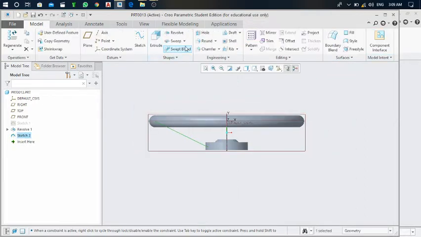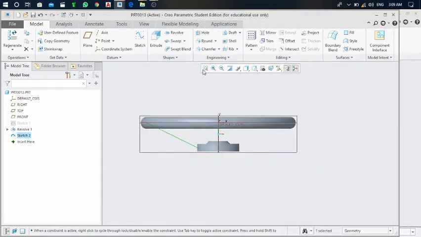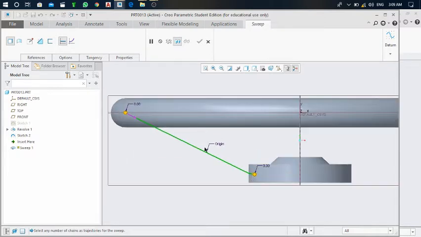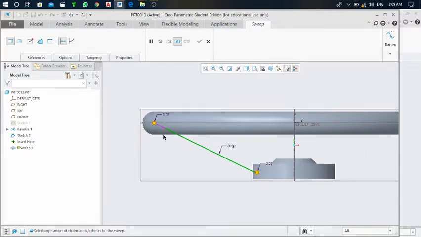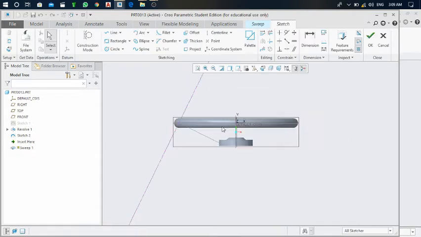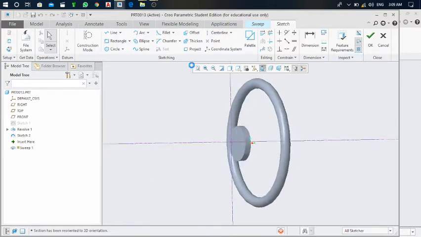After that, OK. Now you can learn the new command over here, sweep command. So click on sweep command. Here is the highlighted portion green in color and the arrow you can see. Now let's focus on this create or edit sweep section. So click on this. For using sweep command, we have to use or draw a section. So click on this sketch view.